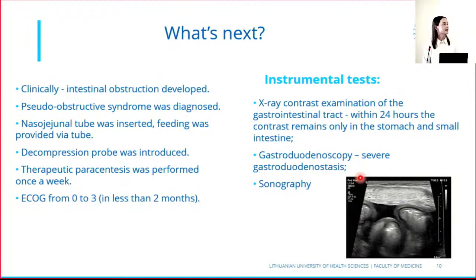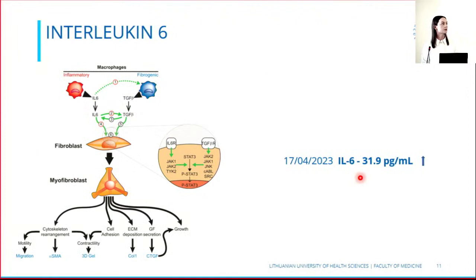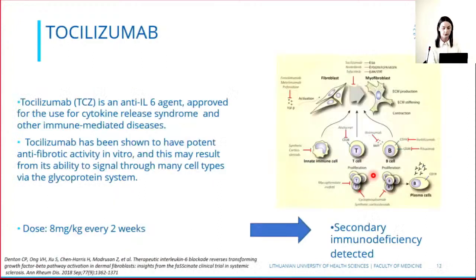So, as I said, we tried everything that the literature suggests, and our patient was in a fatal condition, so we had to figure out what to do next. Because we know that interleukin-6 has been found in a variety of chronic inflammatory disorders characterized by fibrosis, our professor had an idea to examine the level of interleukin-6 in our patient's plasma, and the result was 32. It was increased, and these findings led us to